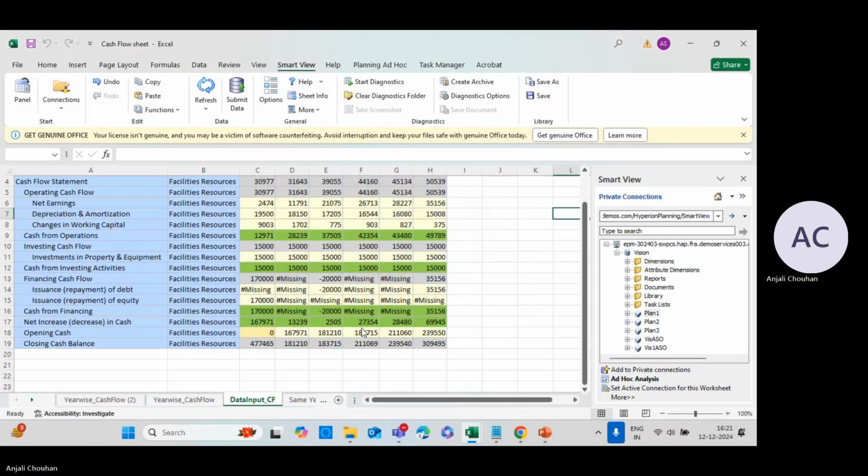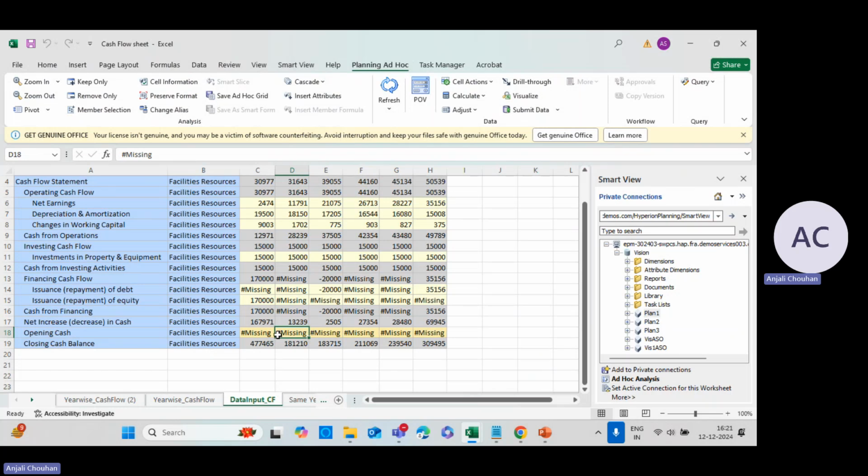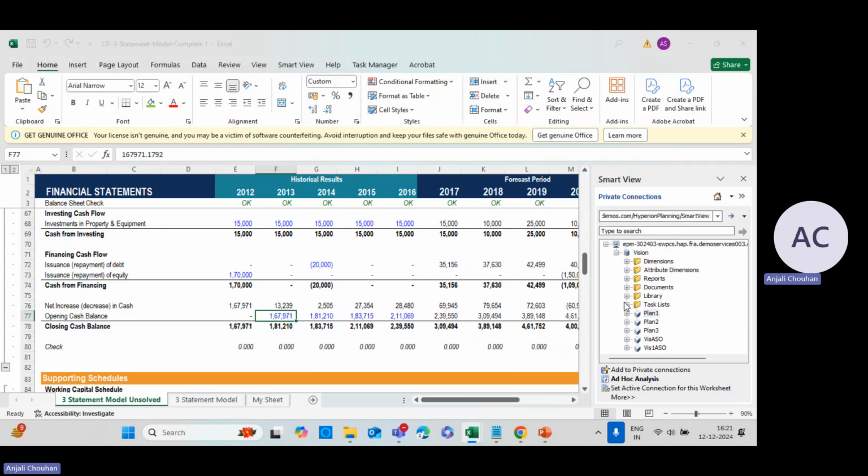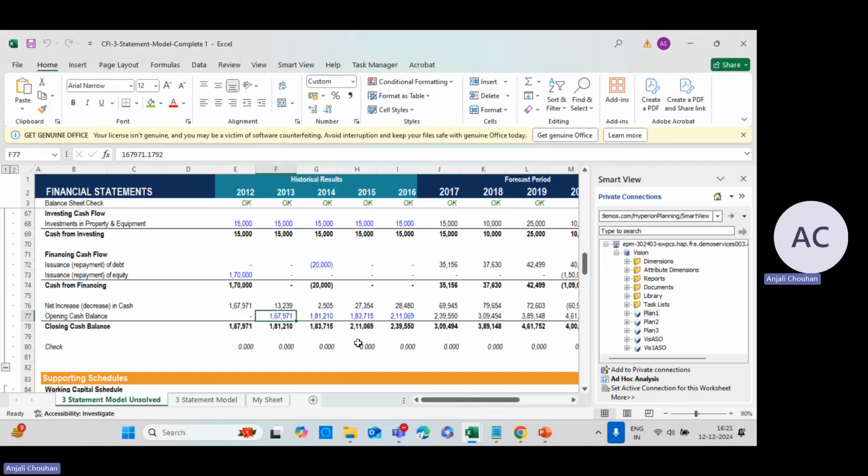Okay, yes. So I'm just removing it for now. I'm just manually writing the figures like 167,971. Then the second one, it should be this plus this. So I can write the formula as well. I mean the prior opening cash plus the net increase or decrease in cash. So it should be